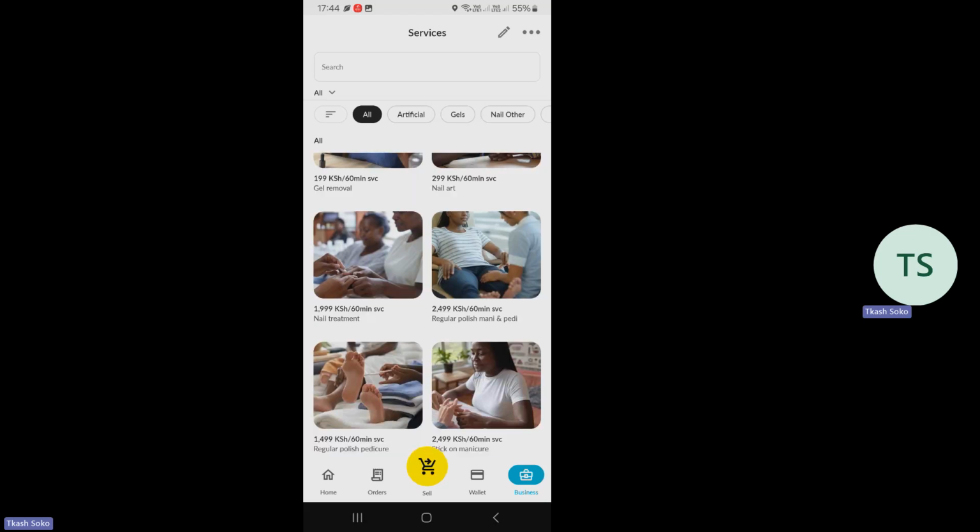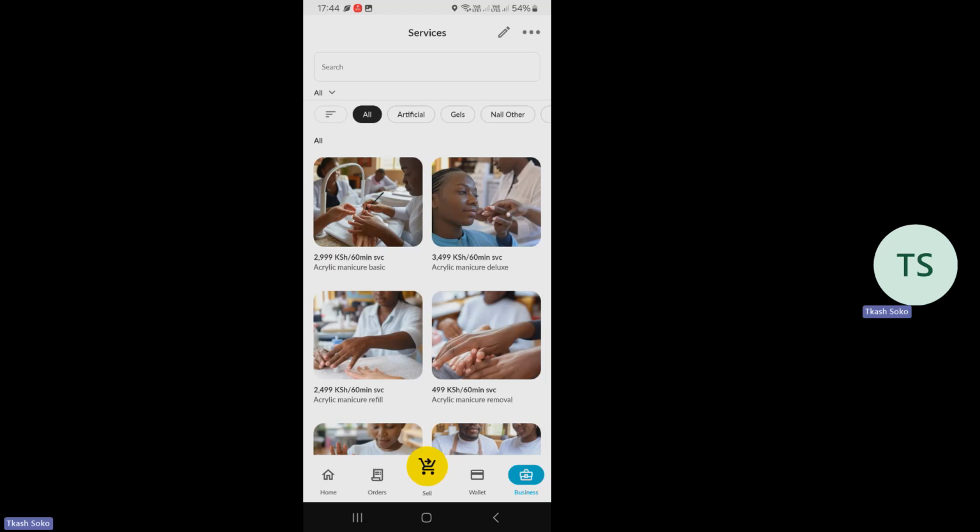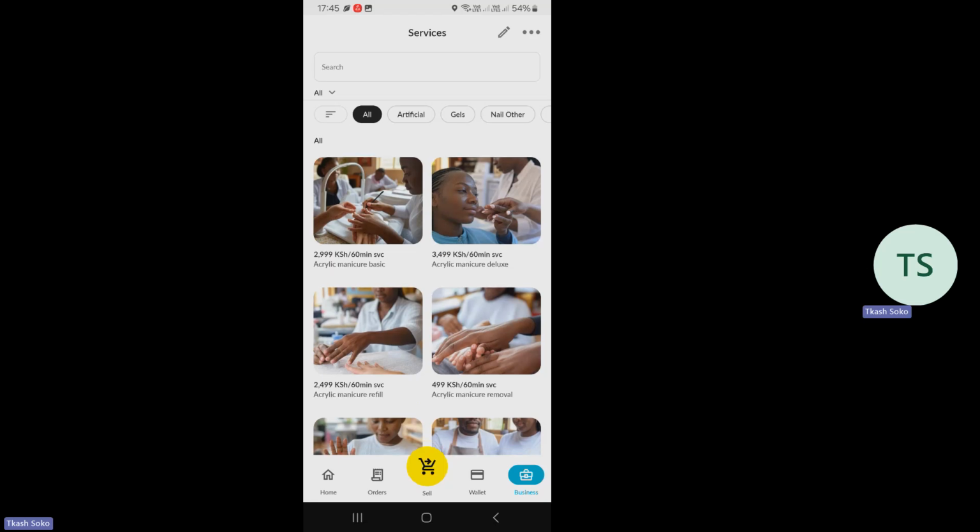So you go looking at the kind of services that AI has generated for your business, the ones you don't offer, you just delete them. When you delete the services you don't offer, they then reduce. So then there comes another question. And if there is a service that I offer but AI did not bring it here, how will I bring it up? How will I bring in that service? Then that is what we are going to explore now.